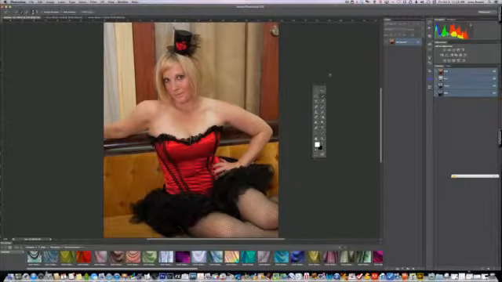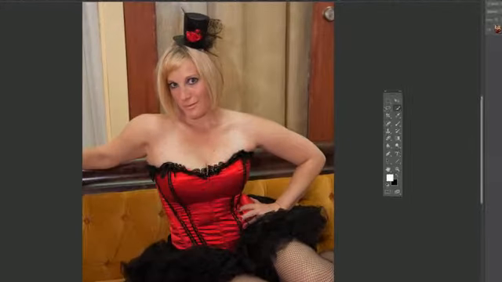What I'm going to do right now is show you how to make a selection when you have a complex background like this and we want to cut out the woman here and put her on a different background. So the first thing I do is I'm grabbing my quick selection tool and I'm just going to go in and grab the areas that I want to select